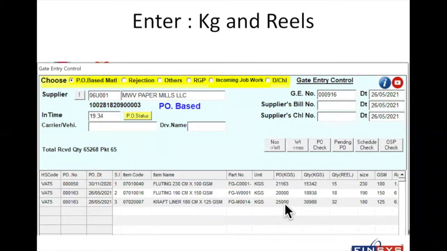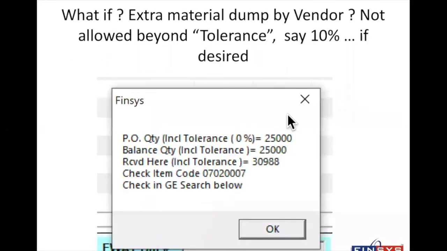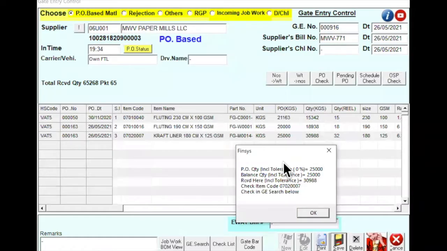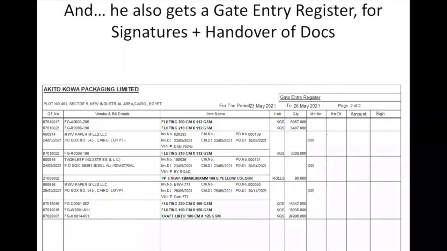Then 18.9, 25 tons, and 31 tons, excess. The vendor has sent excess material. And the tolerance, this was the tolerance option which we were discussing. Suppose tolerance is 0, if the PO is 25,000, material received will be 25,000, and if receiving here was, let's say, 30,000, the system will say, sorry, I don't allow you. So this is how you will be saved and controlled. So it's a complete chain. The chain is happening.